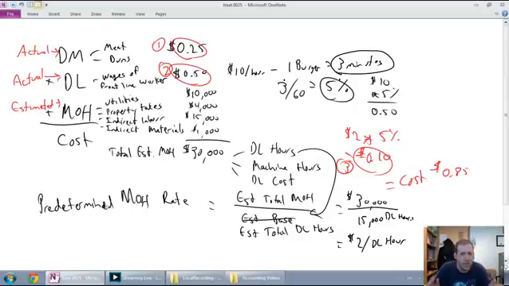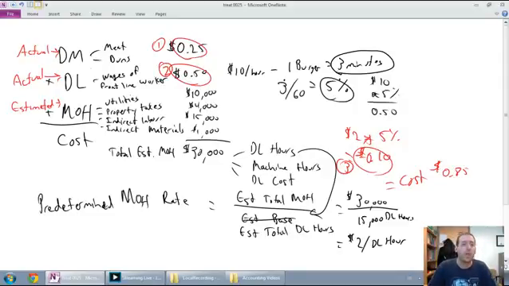Now, I fear that I overcomplicated this with my explanation. And the real purpose of this video is to illustrate the idea of predetermined overhead rate. So I want you to focus in on that. Material and labor are really easy to deal with, and they're not controversial, right? You just say, okay, how much actually did I spend on the meat that went in the burger? How much did I actually spend on the buns, the condiments, all those direct materials? Direct labor, again, uncontroversial. How long did the person actually sit making the burger or whatever product I make,